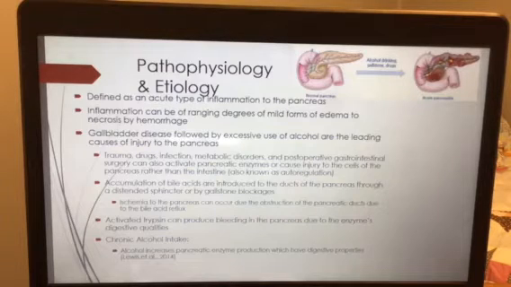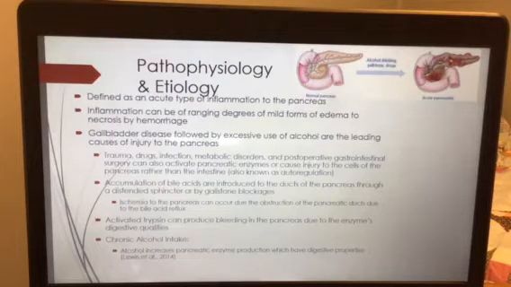There's an accumulation of bile acids that are introduced to the ducts of the pancreas through a distended sphincter or by gallstone blockages. And then again, that accumulation of bile acids can cause ischemia to the pancreas due to those obstructions. Activated trypsin can produce bleeding in the pancreas due to the enzyme's digestive qualities to the lining of the